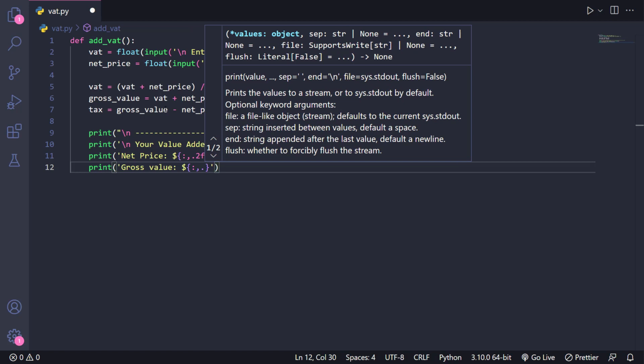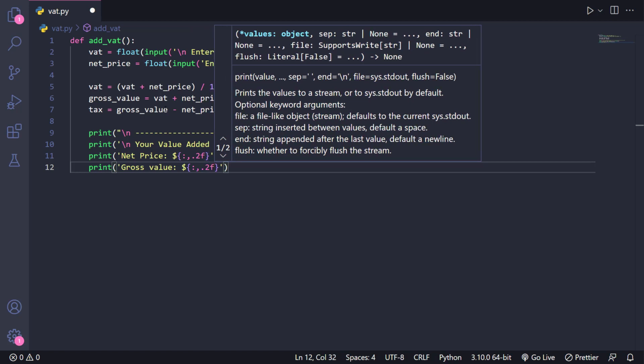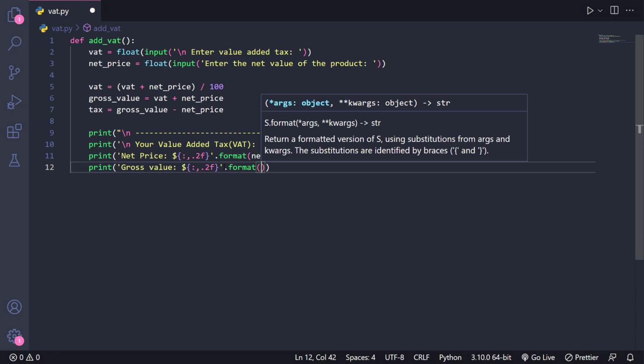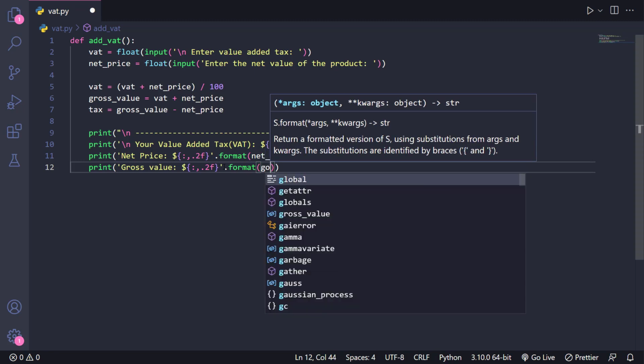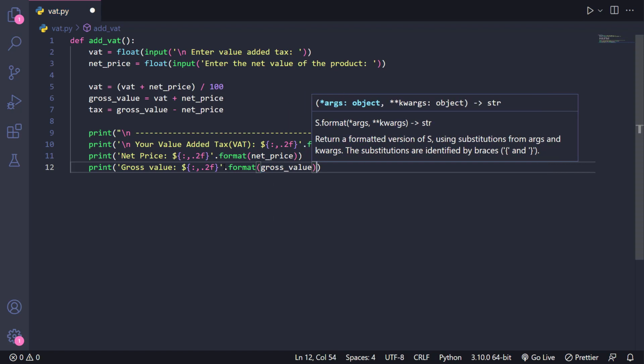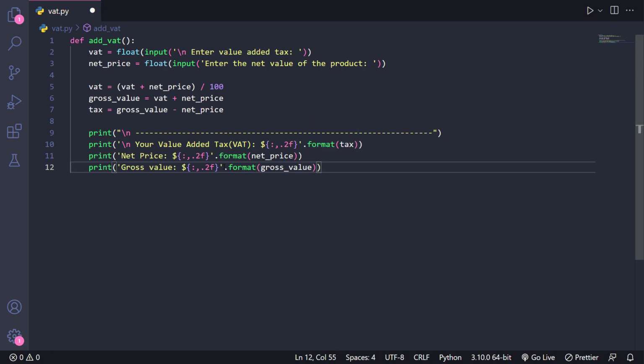So just give dot format here. And here you're going to show gross price. Yeah, this is what you're going to do when it comes to adding value added tax to the price, to